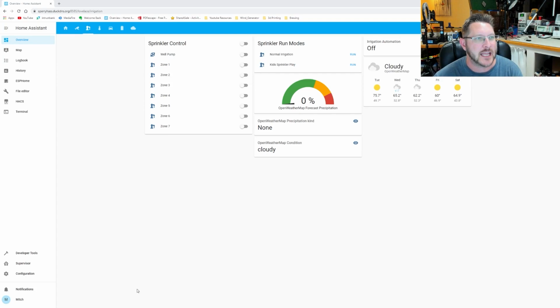What we're going to be looking at today is, like I said in the intro, building a sprinkler system that you can use on your phone and in Home Assistant. So what we've got here is I've separated out a well pump and all my different zones. Mine is a 7-zone system, and I've also got some run modes and whatnot set up,